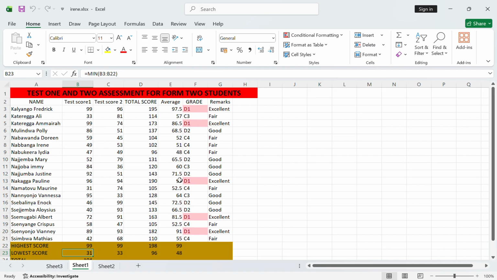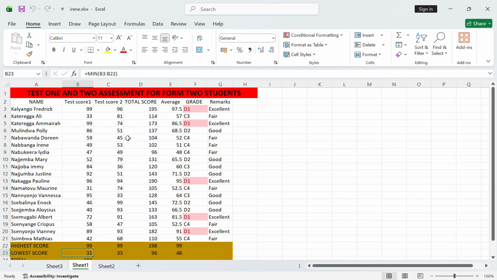I'm Irene and today I'm going to talk about Microsoft Excel, a tool that has become very important today in schools. It is an essential tool in schools, businesses and offices. My scenario is about a school where I am looking at the marks of students in two tests, test 1 and test 2, and we're going to look at how Microsoft Excel can be used to